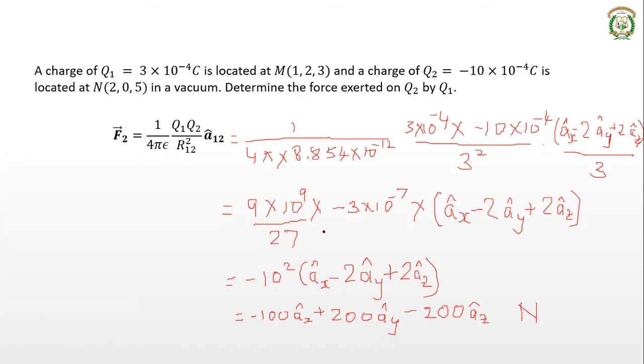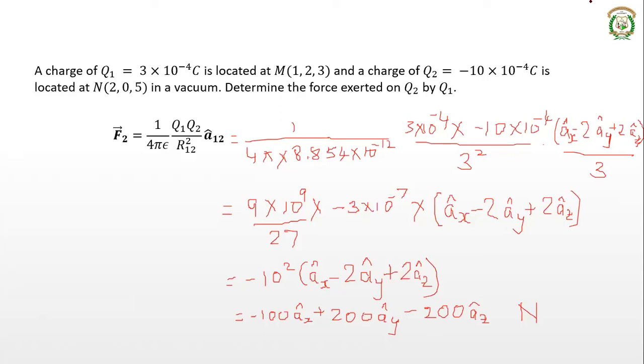So this is how you can solve a problem to find the force exerted on any charge by any other charge using Coulomb's law. So here, if you have taken 8.98 into 10 raised to 9, you will get 99 point something, then 198 point something. That's the exact value. This is the approximate value, which is rounded off to 100, 200, and minus 1. Okay, so that's all. This is one example of how you can solve using Coulomb's law. We will take one more example.